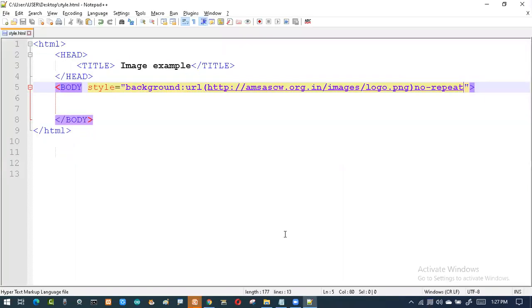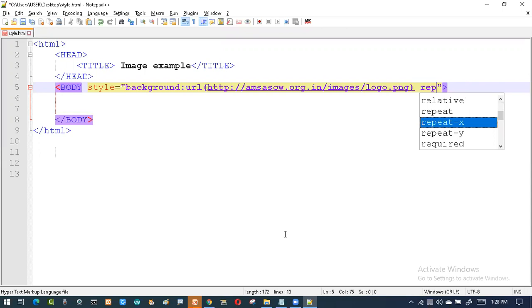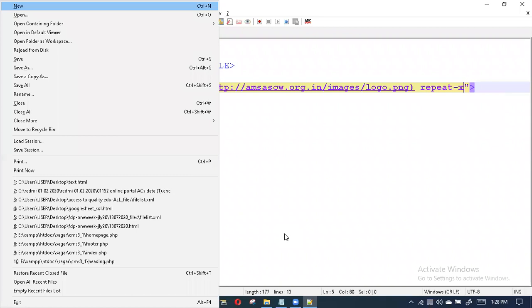If you want to repeat only one time or two times or something like y time, so repeat. Repeat x time. So I'll be going to get horizontal.